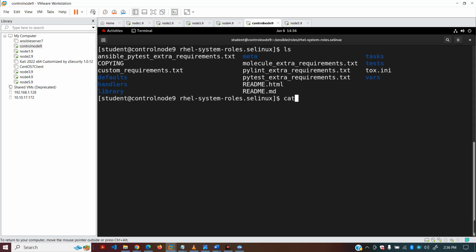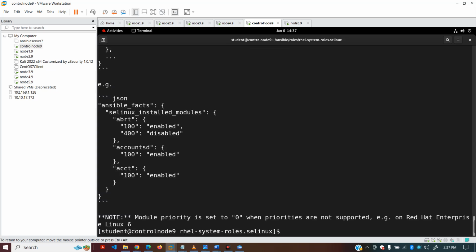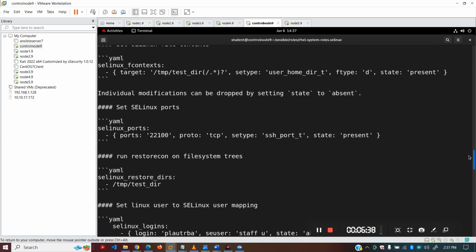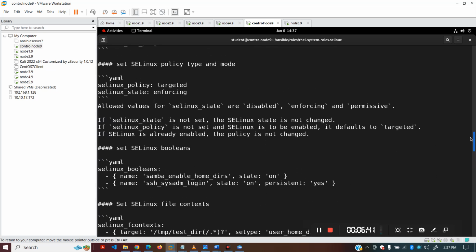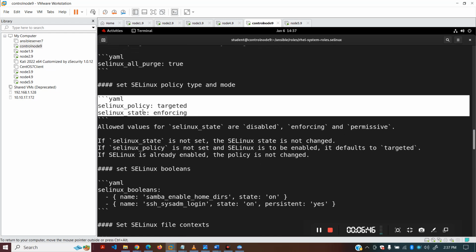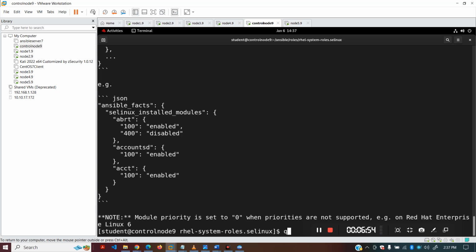Just cat this file, and you just scroll up slowly so that you could see here. You can see this. This is the code. These are the values for the vars variables. You can copy this and then